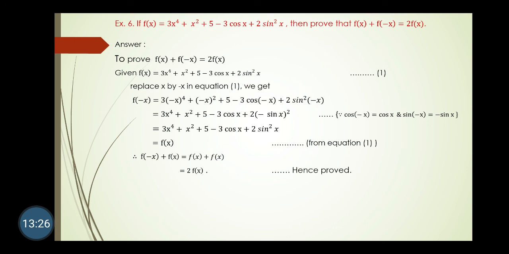So minus raised to even power becomes plus and minus raised to odd power becomes minus. So minus x raised to 4 becomes plus x raised to 4, minus x raised to 2 becomes plus x raised to 2, and cos of minus theta is cos theta, and sin of minus theta is minus sin theta. This is again the odd even property. But for sin square, minus of sin square is plus sin square. So the equation becomes 3x raised to 4 as it is, plus x square, 5 is the constant term so keep as it is, minus 3 also as it is, cos of minus theta is plus cos theta, and sin of minus theta is minus sin theta, but it's squared, so minus square is again plus.